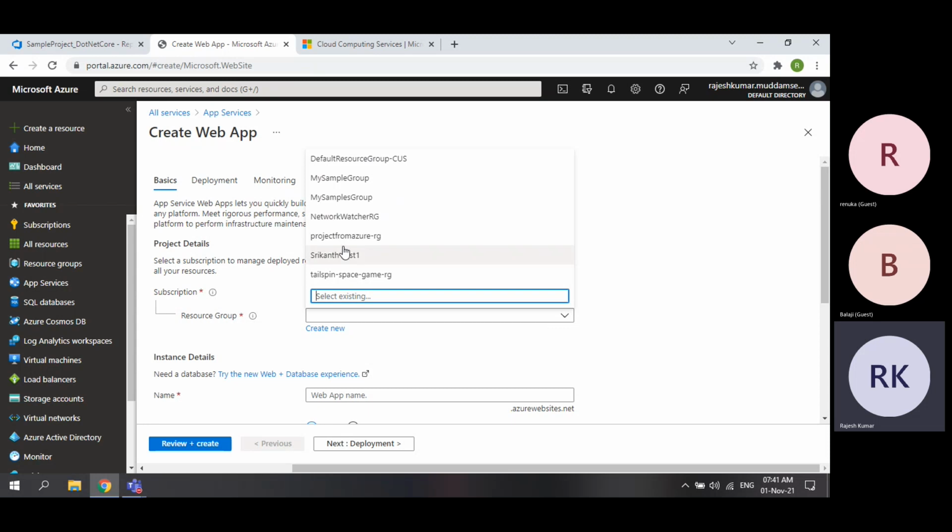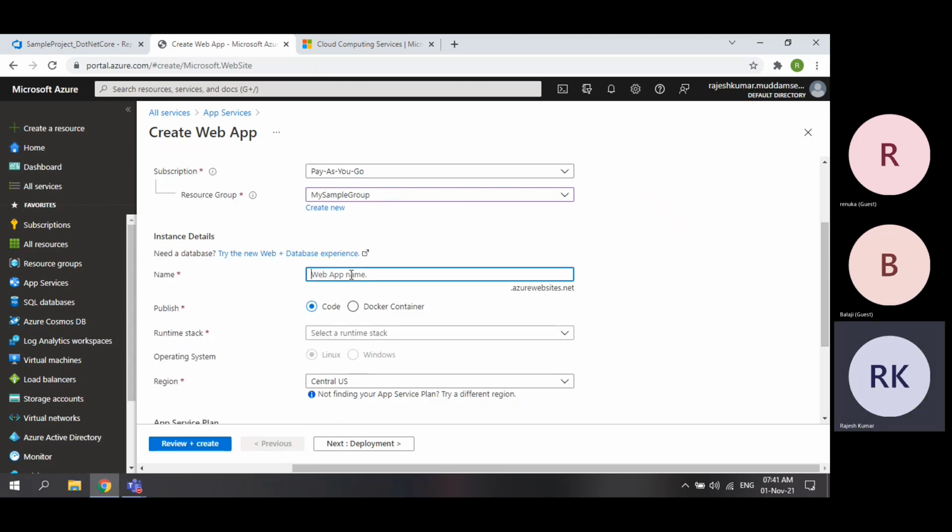For now, I have multiple resource groups, so I will take one resource group, my sample group. And my app service name should be unique, guys. Why? Because we are using a public cloud. That means this is not for any one company. This is open and public. Anybody can log in and use Azure services. When you log in with your corporate account, it is separate and you can have unique names there, but here it is open.